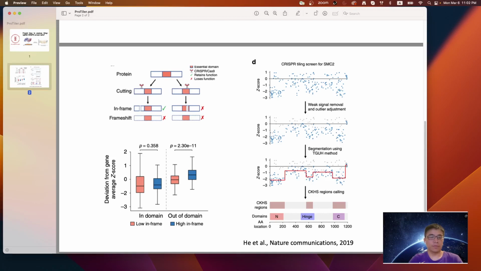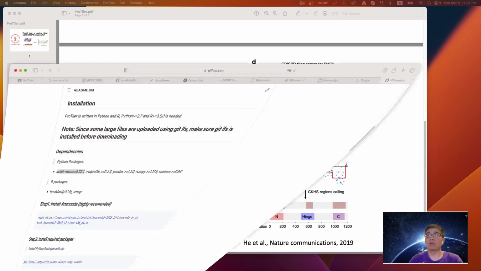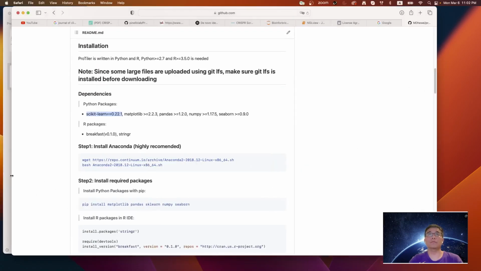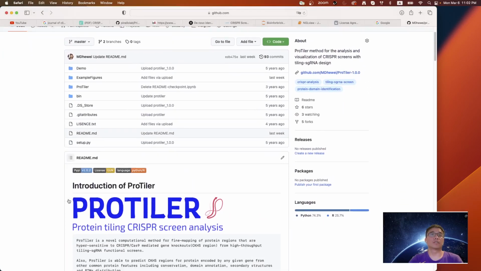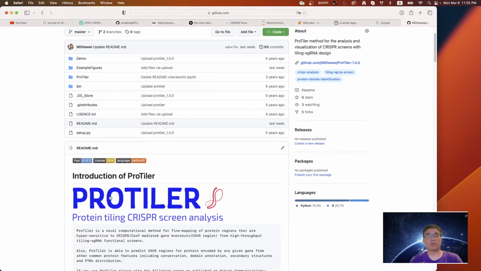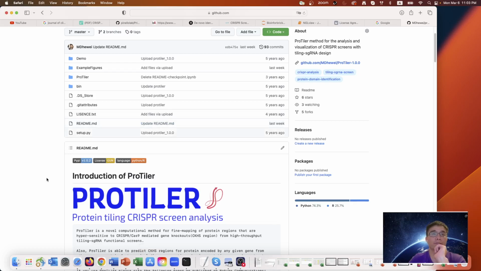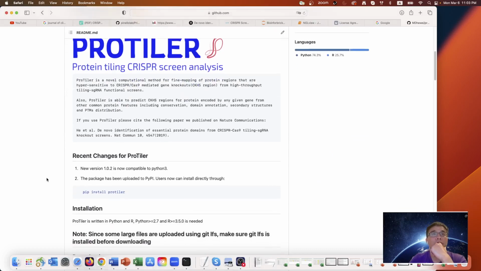So this tool is called ProTiler. Okay, ProTiler: you can see Pro is the protein, and tile means tiling across this protein and getting the important regions you want. Okay, and you can just install it with pip install, and